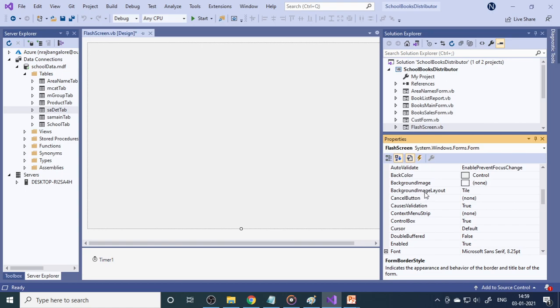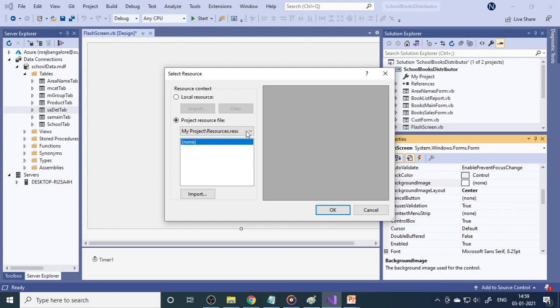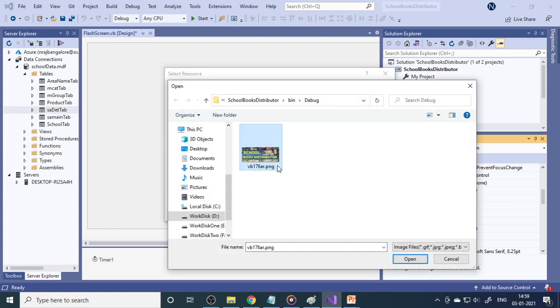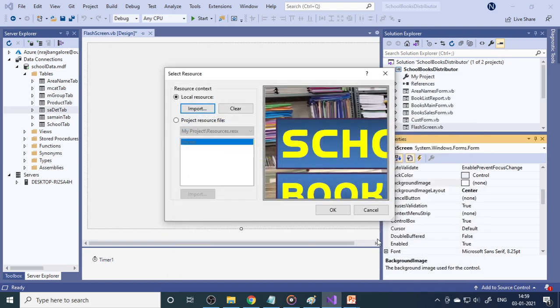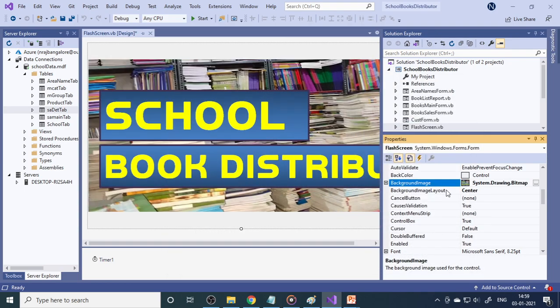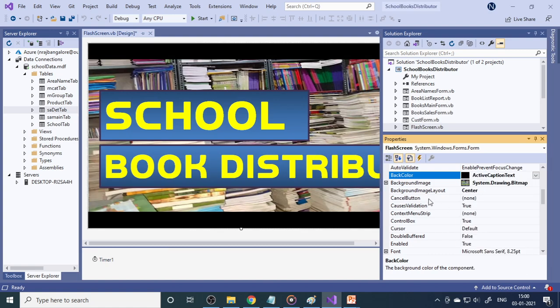Then there is one more called background image layout. It is stretch; you make it center, so let it come at the center. Now here is the background image, and we can select the background image here. I go to import. For that you need to make the picture ready. So here is a picture, and say OK. Now the picture came, and the remaining background area should be black color, so make it black. That's how we can add a logo to your welcome screen.